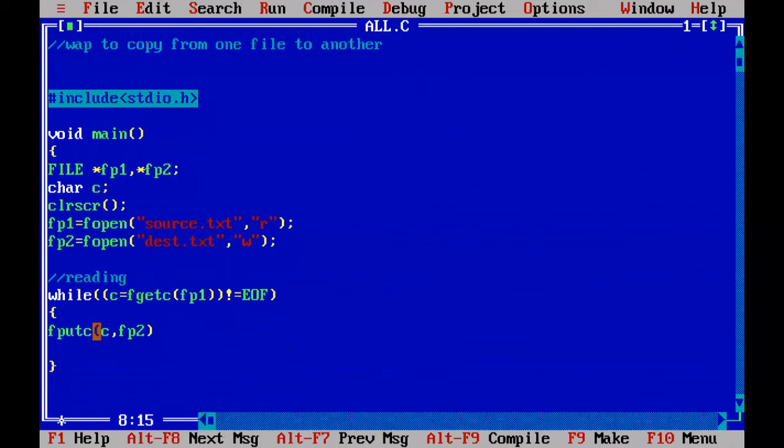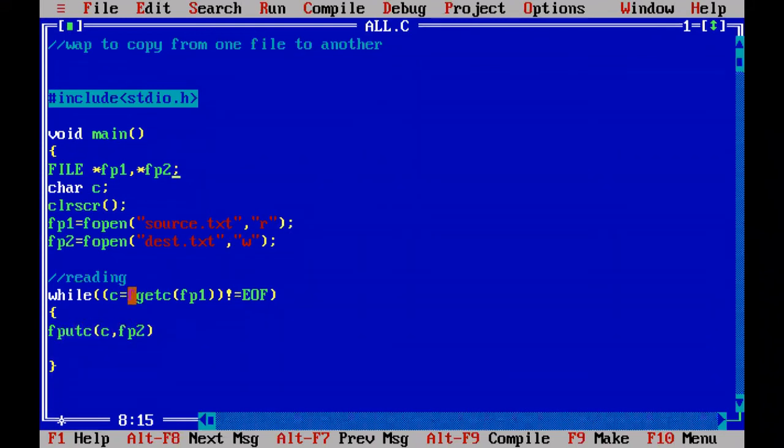Now you see here, by using fgetc, read one character from fp1. That means read one character from source.txt into c, and that same character in c you put into the second file, destination.txt, by using the function fputc. That's it.